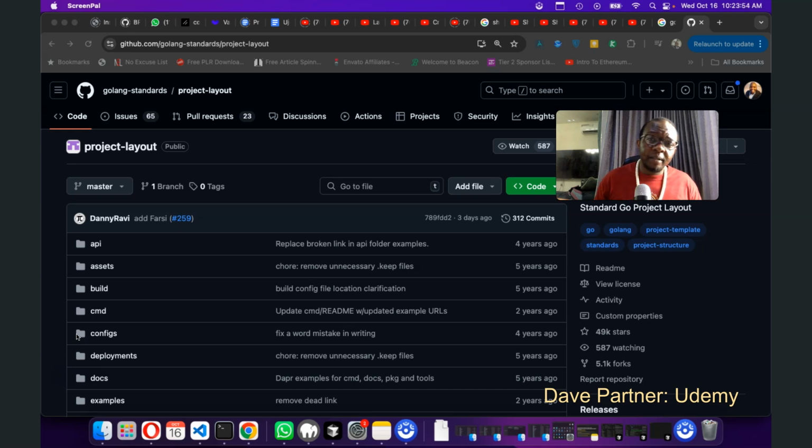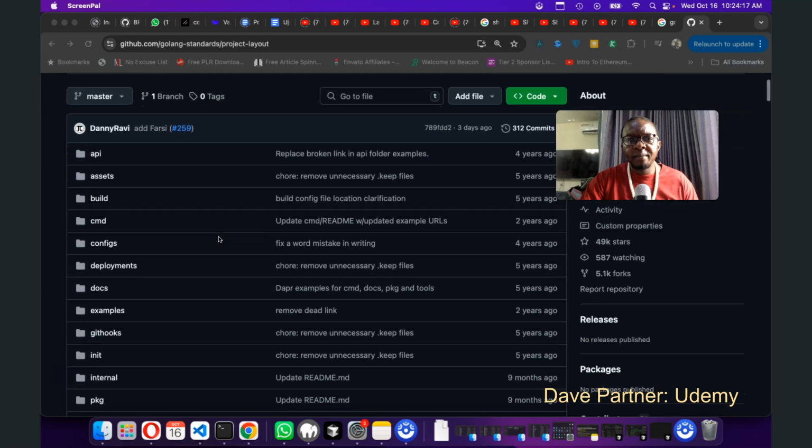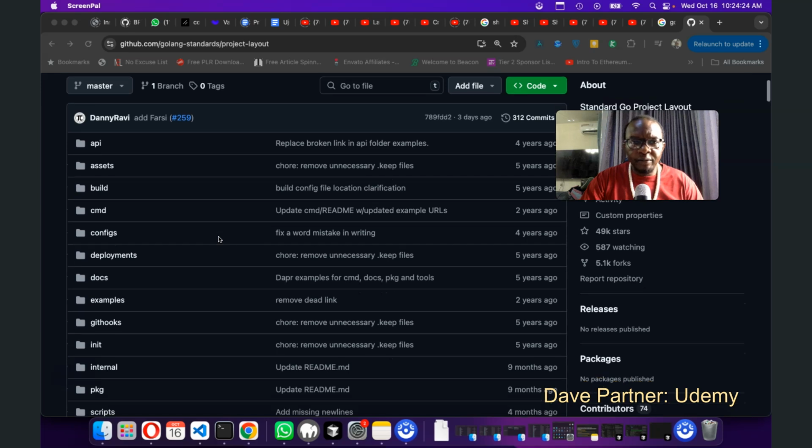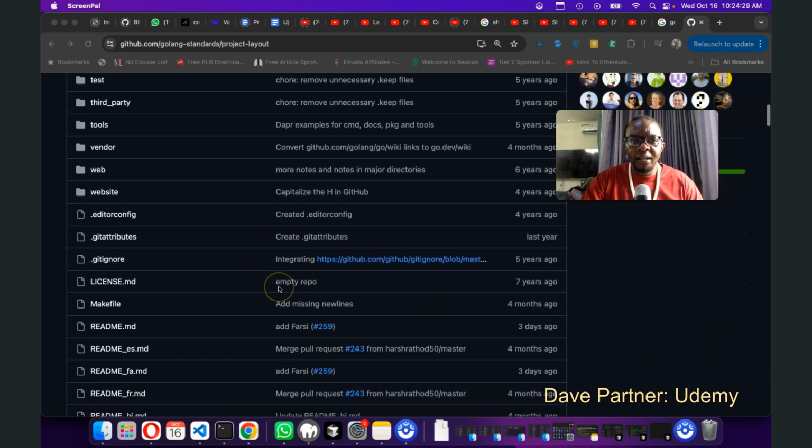This poses a big problem, and then the solution that some people come up with is to try and put their own folder structure on GitHub so that others can use it. And this is the most popular one. As you can see, it has 49,000 stars and it's called Project Layout for Go. All right, Golang standards. And this was not done by anybody from the core Go team, but unfortunately, somebody from the Go team, one of the developers of Golang, came and gave a negative review about this. And this is why some people have started having problems with it.